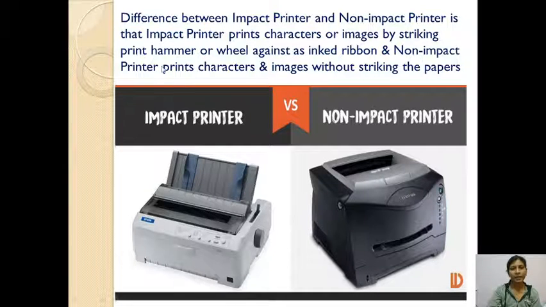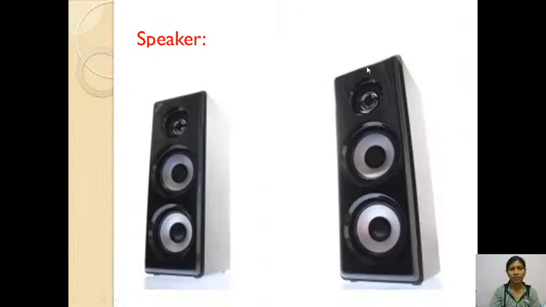A non-impact printer prints characters and images without striking the paper. This is the main difference between impact and non-impact printers.